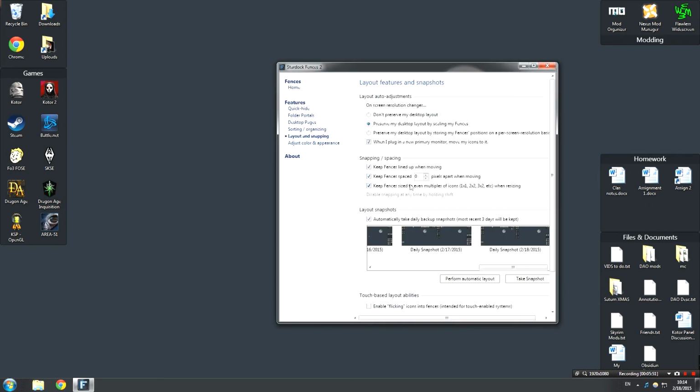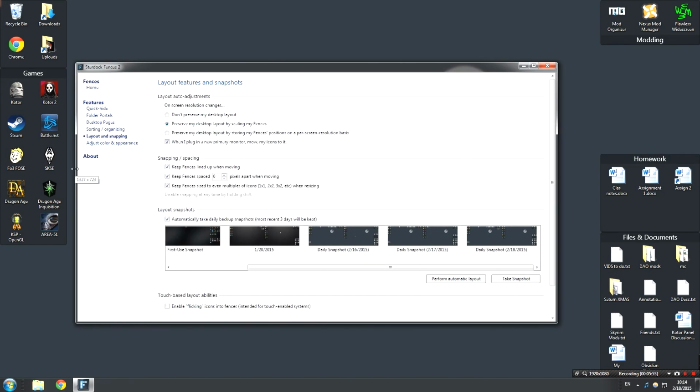There's also snapping, which does the snapshots of your desktop. So we're going to take a quick look here, and we can see it even saves the wallpaper and things like that. So this is the first time I used fences here. This is how I set up my icons. You can see it's really wide. That's because I am using 2 monitors here. So I have a lot of icons that are also sitting along the other monitor that you don't ever see in my videos. And then if you take a snapshot now, there we go.